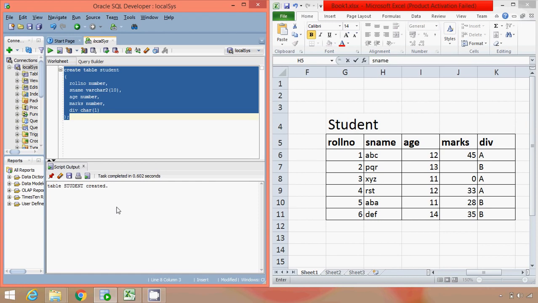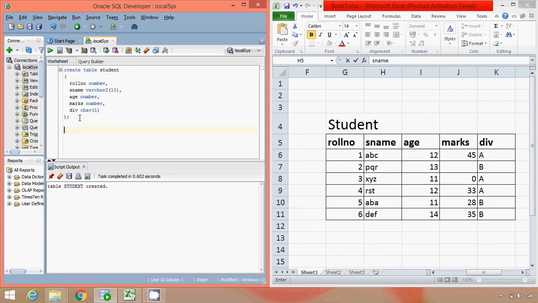So essentially what we have done here is written a query to create a table. Now we'll have a look at its basic, simplest form of syntax. The syntax goes as create, which we have to use as a keyword as it is, table, then whichever table name we wish to specify. It can be anything. Over here the table name is student.